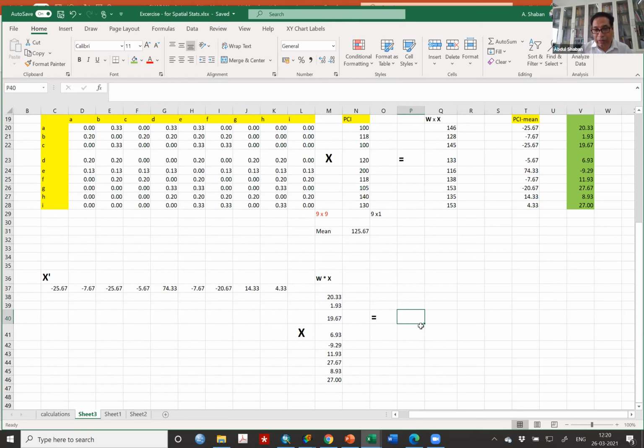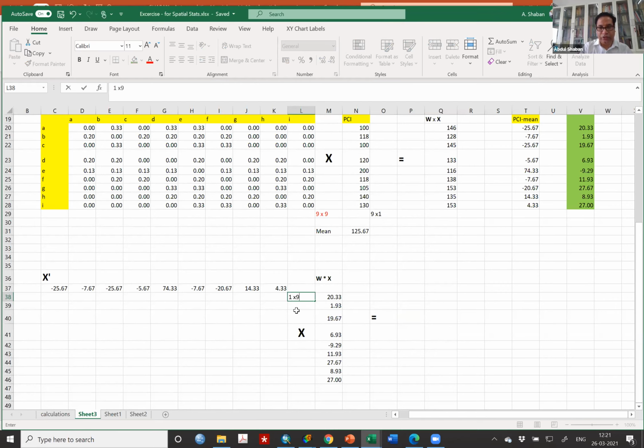What will be the value of this? Anybody can tell? What will be the dimension of the output of this matrix? The dimension of the first one is 1 into 9, isn't it?